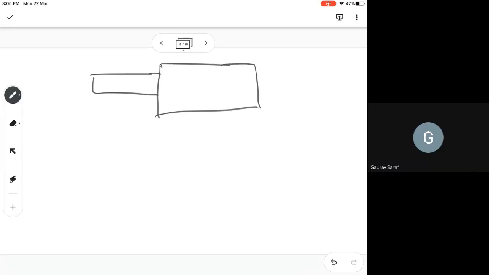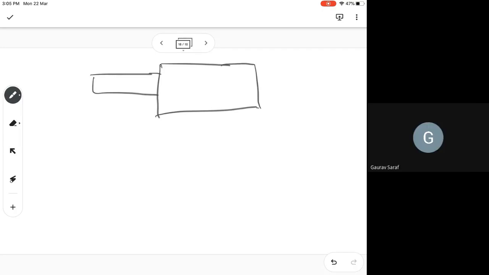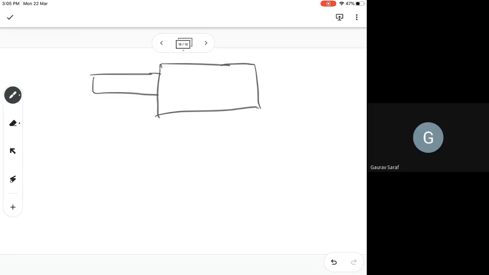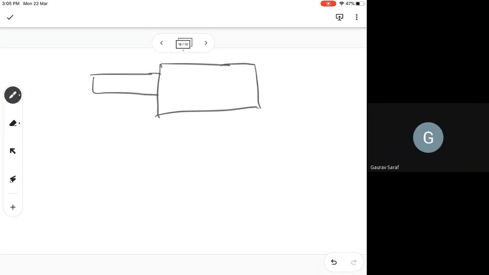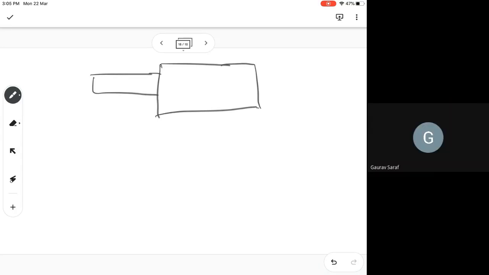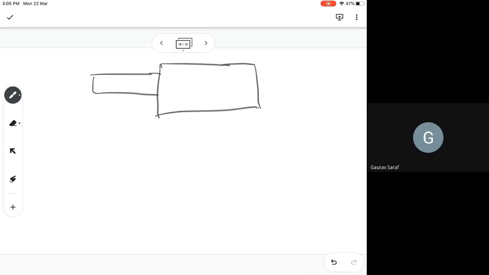Hello, sir. Sir, I have a doubt regarding the force in the global force matrix. Whenever we have a concentrated force, then directly by seeing the figure or according to the given problem, we can directly write that in the global matrix following the sign convention. Sure, correct. Like if the force is in the positive x direction at node 4, we'll write the point load at node 4 as plus that force. Exactly. And if it is in the negative direction, then we'll write minus that force. Yes, true. Okay, sir. Thank you, sir.